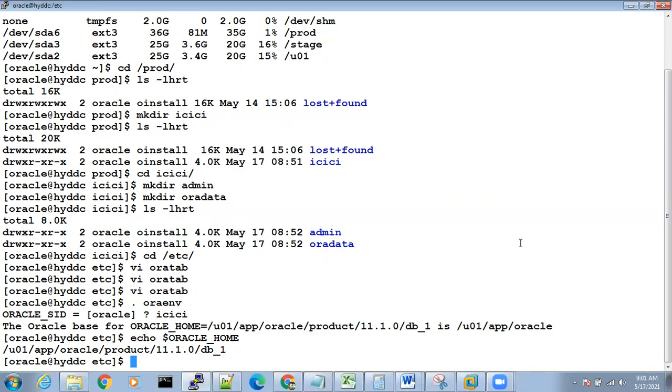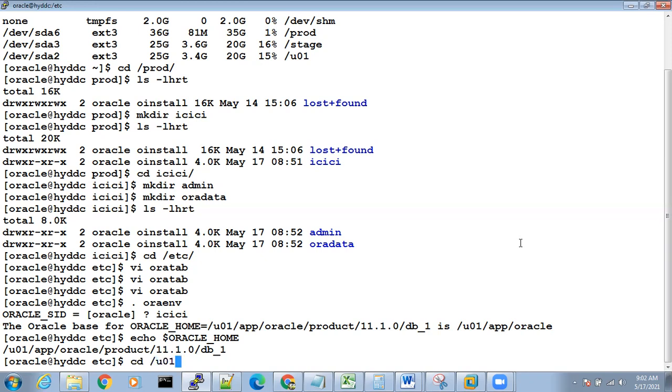But before that, you just have to remember that there will be a parameter file for a database, and that parameter file will be located in which location? Oracle Home.